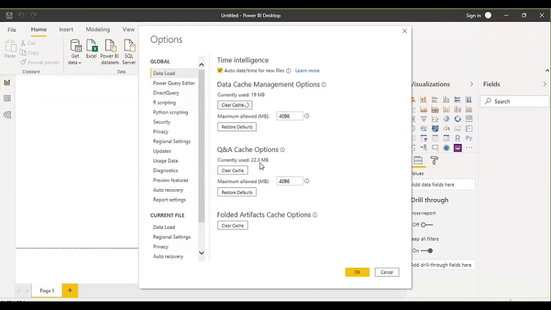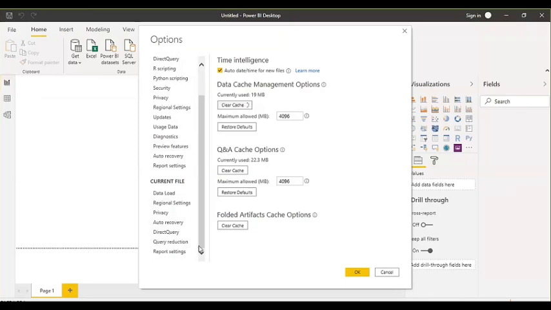But if your usage is not too much, then once in a quarter you can also do that. So it's not a very frequent activity. That is just one thing. Another thing is, there are so many settings here, right? So I'll be explaining to you from time to time what setting we need to change here if you want to do something.